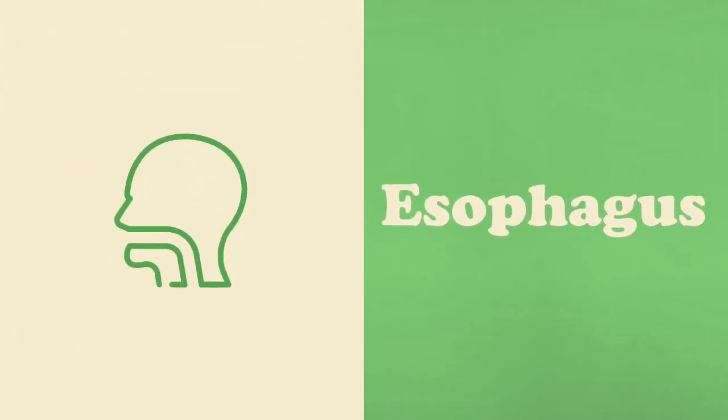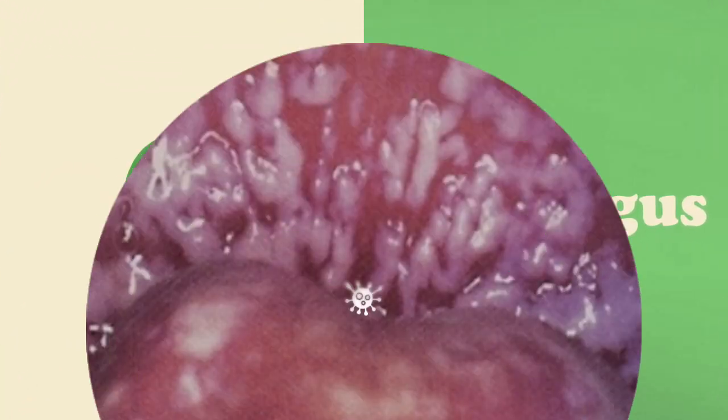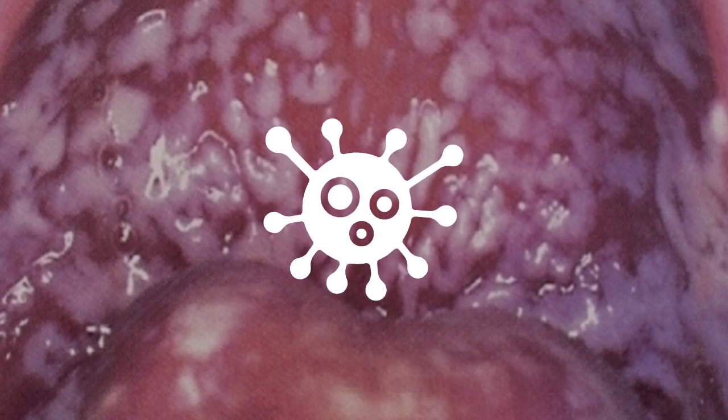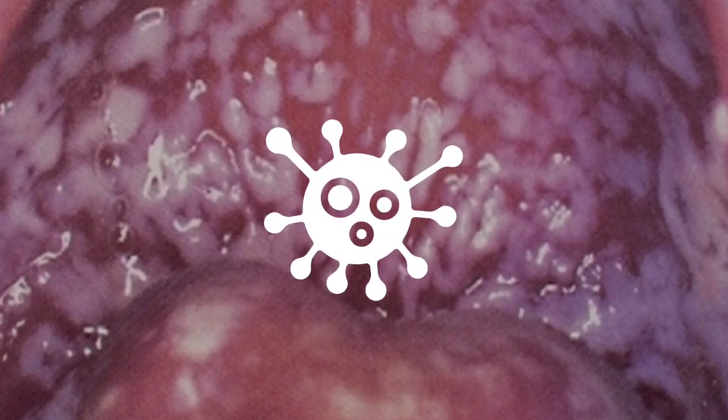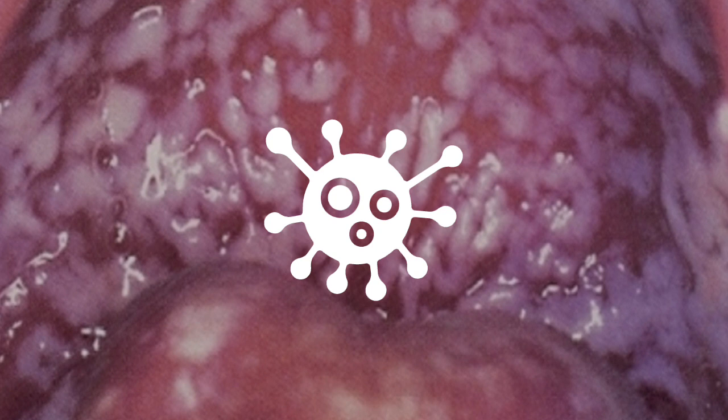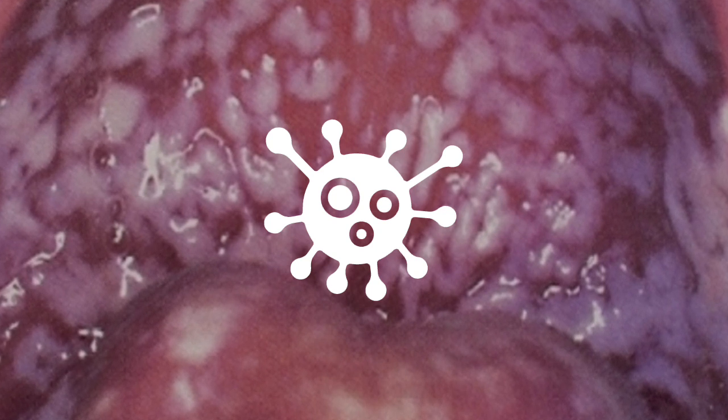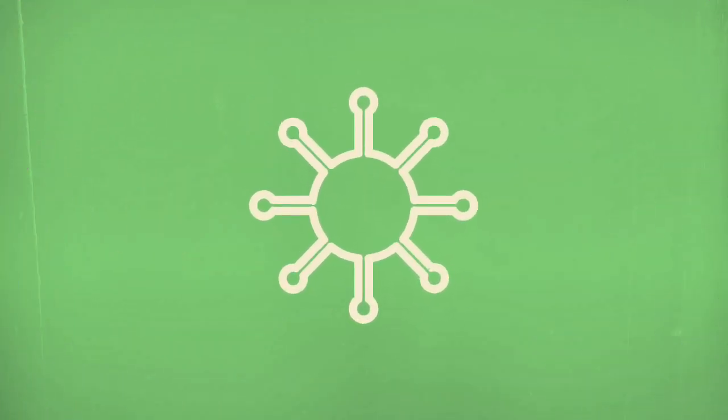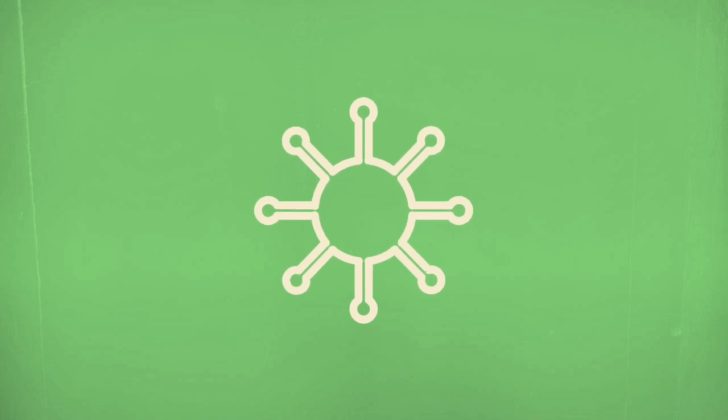Now we're going to move down the GI tract into the esophagus, beginning with infectious disorders of the esophagus, and there's really only one of these we need to know about, and that's Candida esophagitis. This is most common in immunocompromised patients. It happens to be an AIDS-defining lesion. Patients typically present with odynophagia. They may also be dehydrated. It's treated with a 10-day course of fluconazole, and follow-up needs to be